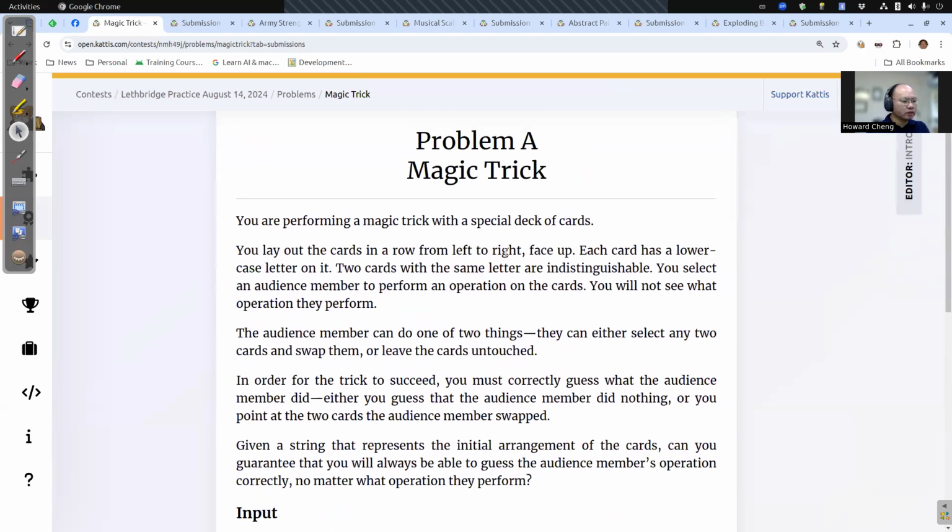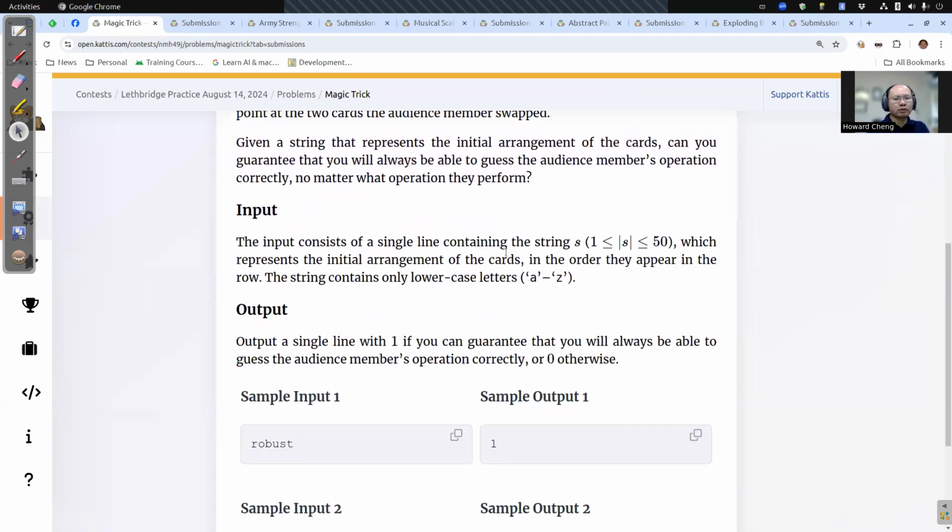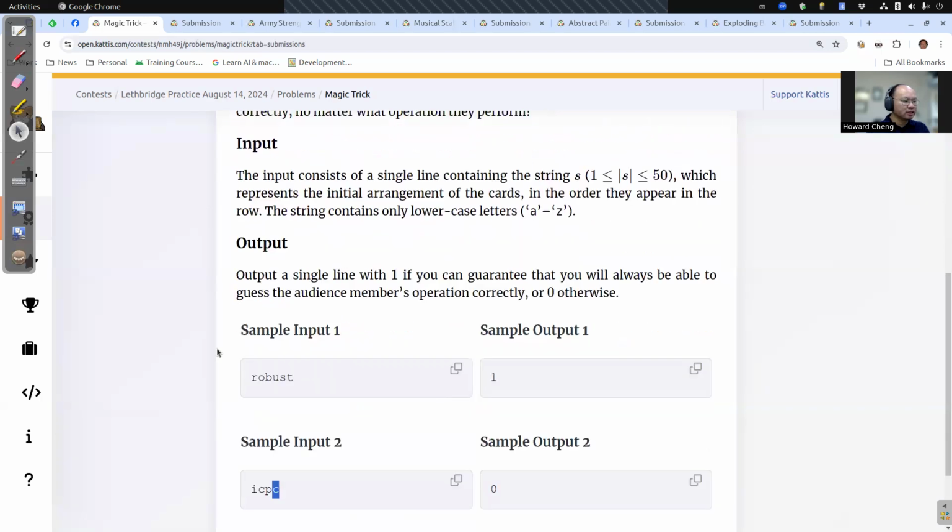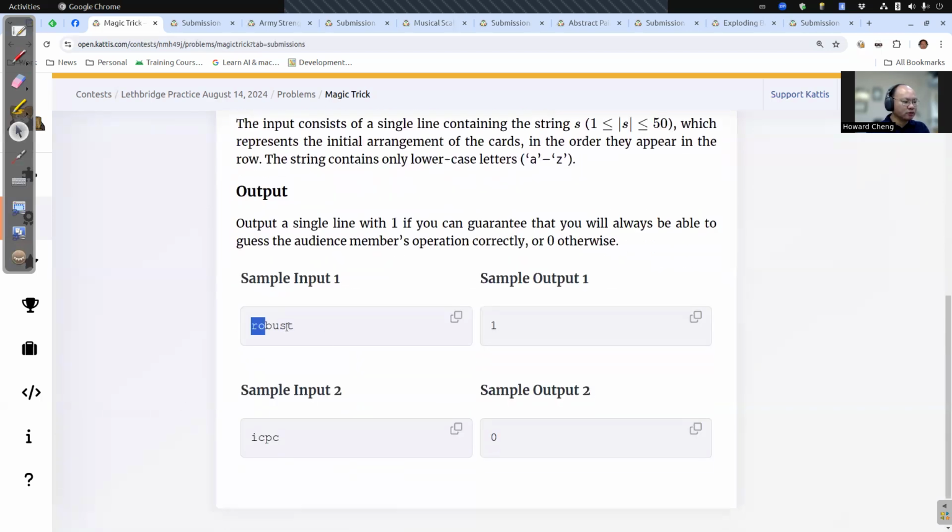If you read the problem, basically the idea is that you're given a string of up to 50 characters, only lowercase letters. And the question is, if somebody were to swap two letters of their choice, two different letters in different positions, would you be able to notice? If you can notice, you say one, otherwise you say zero. So the first string, no matter what two letters they swap, you would always be able to notice. And the second one,